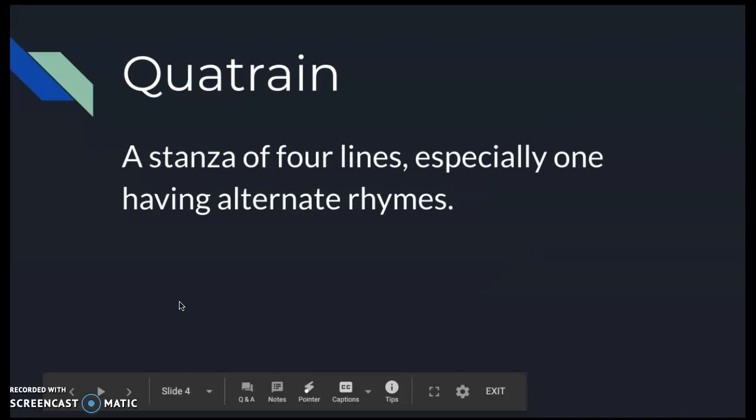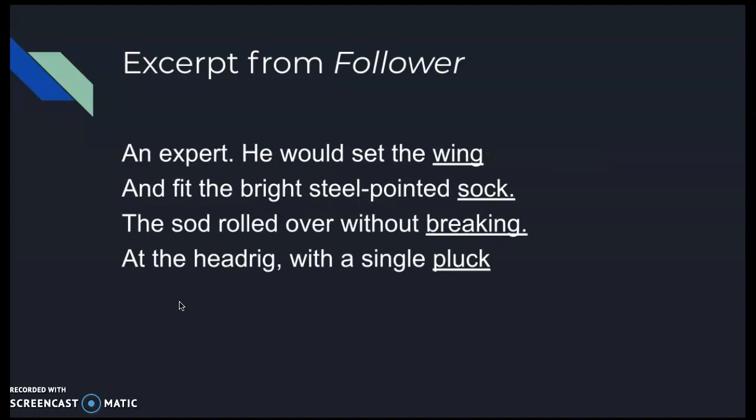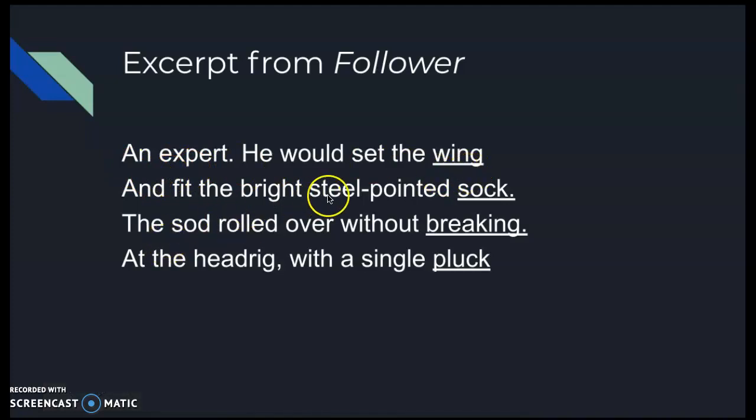A quatrain is a specific kind of stanza. So it's a stanza of 4 lines, especially one having alternate rhymes. So generally rhymes, it's going to sound very kind of like a children's book, maybe like Dr. Seuss-ish. So for example, this one says, an expert, he would sit on the wing and fit the bright steel-pointed